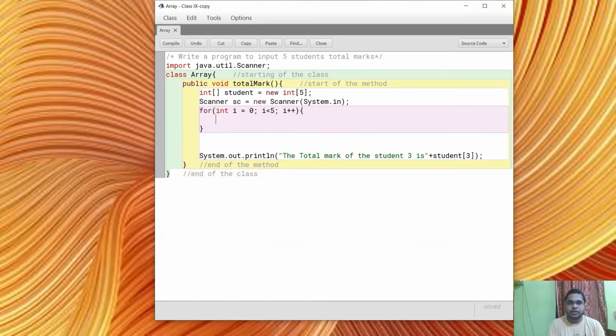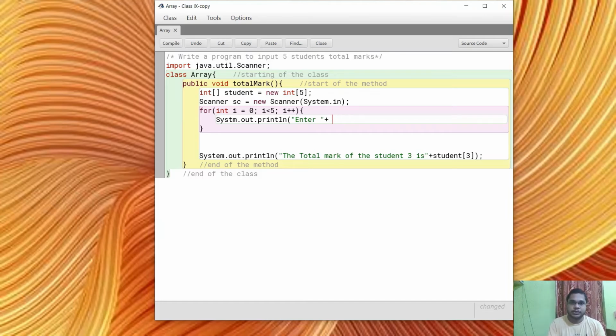Here I start the curly braces, then write a printing statement, System.out.println, enter, concatenated with the i value, so that it says enter first student, second student, like that.